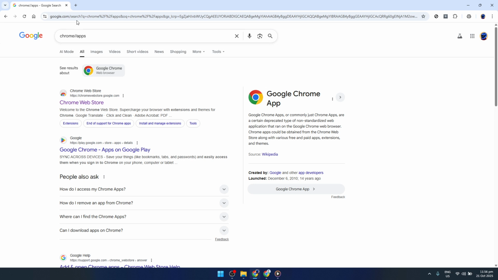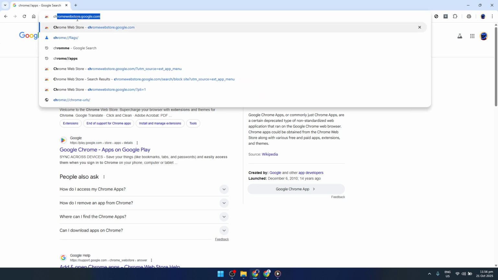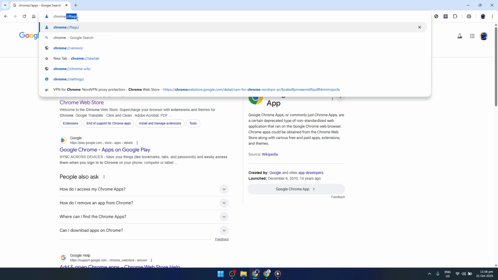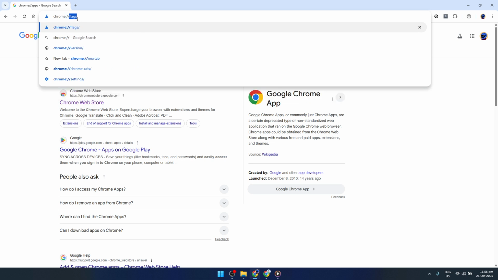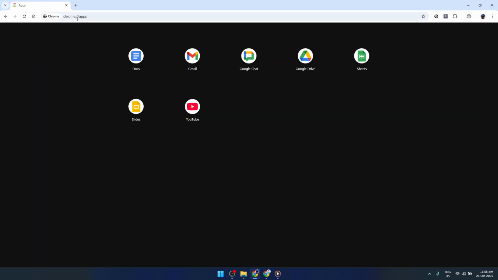Now, you might be wondering, how do I remove it? Well, it's straightforward. Right-click on the app icon that you wish to delete. This action will trigger a context menu to appear right next to the icon. In this menu, you'll typically find an option that says Remove from Chrome, or sometimes just Uninstall. Click on this option. Selecting it will signal to Chrome that you're ready to proceed with the removal of the